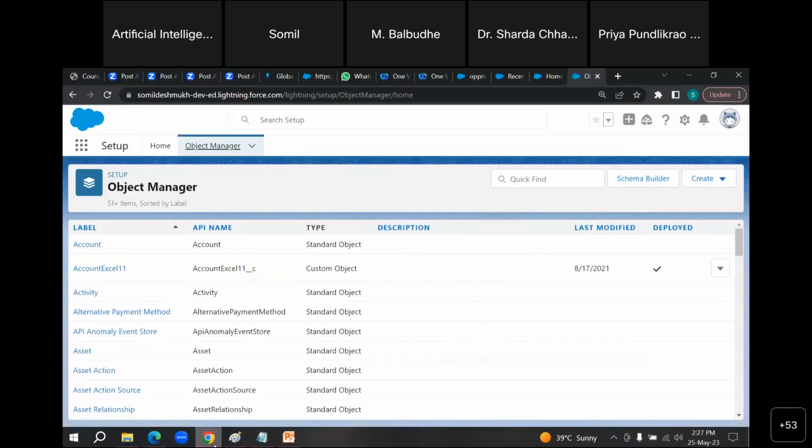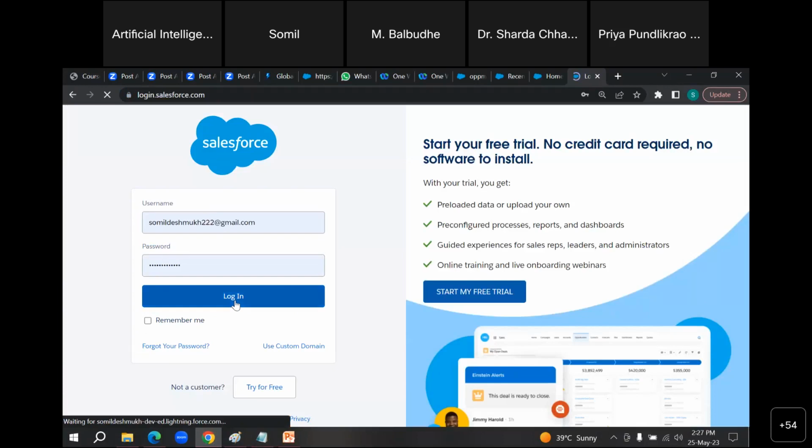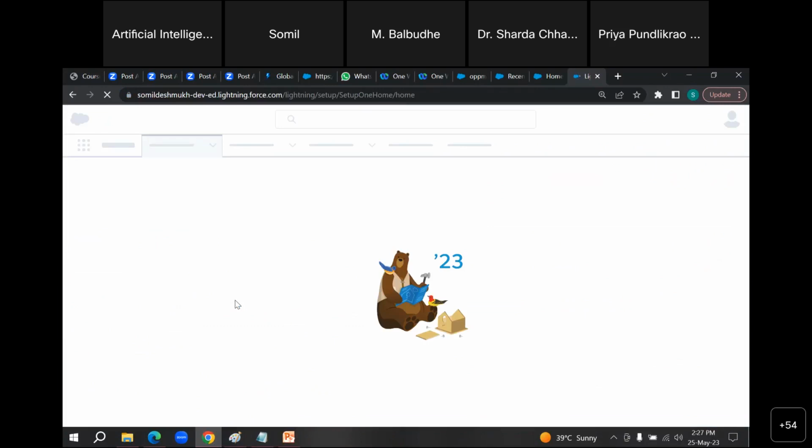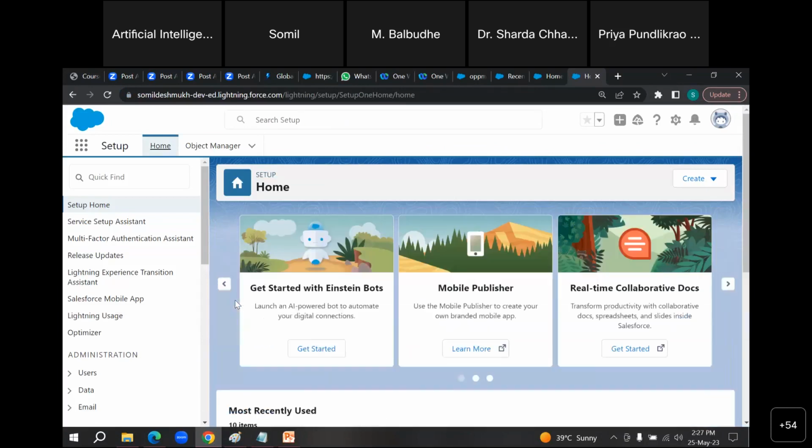Go to your Salesforce. Like you can log in into Salesforce. So after you have login into Salesforce, you can go to Sales Cloud. So how I would be going into Sales Cloud?